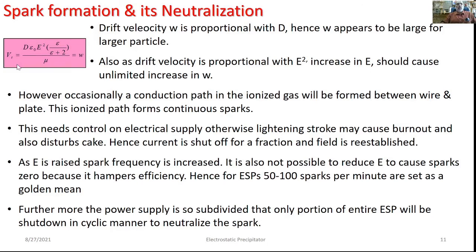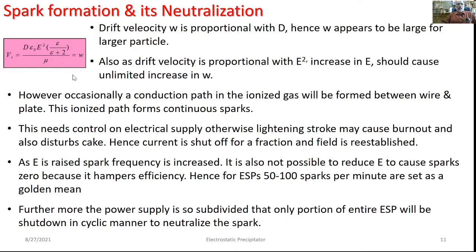Also, as you see, this drift velocity is proportional to the field strength squared. Hence, as the field strength is increased, one should be able to have an unlimited increase in this particular drift velocity. However,